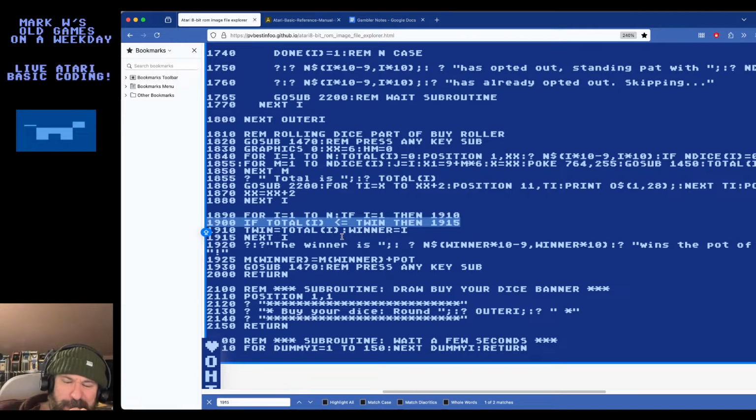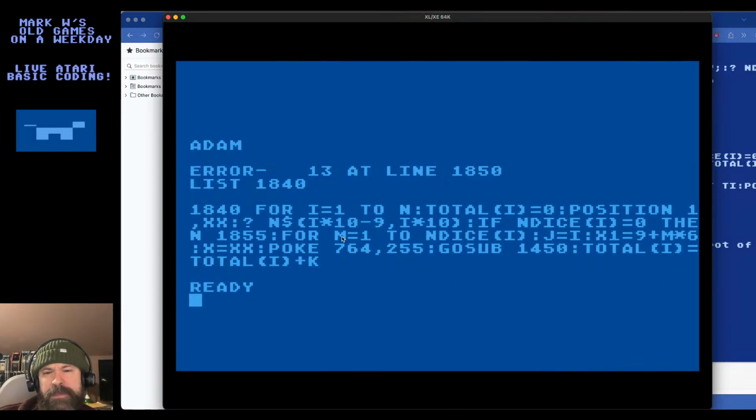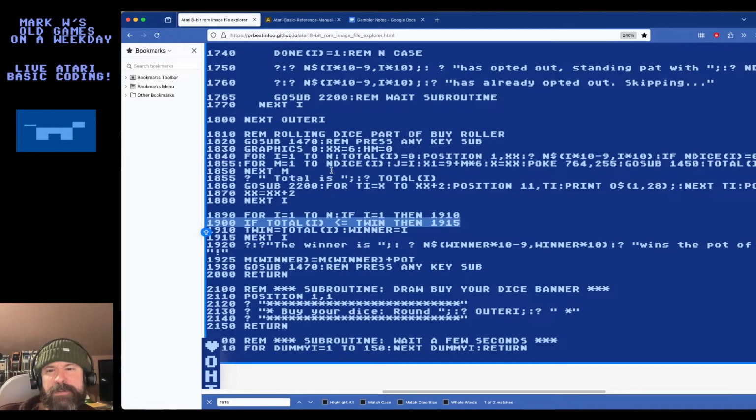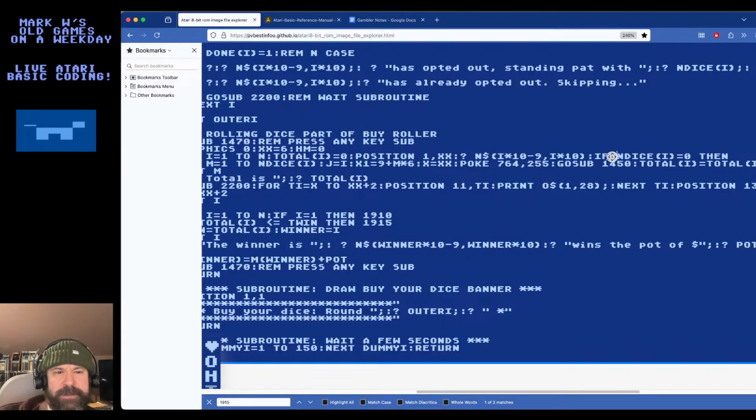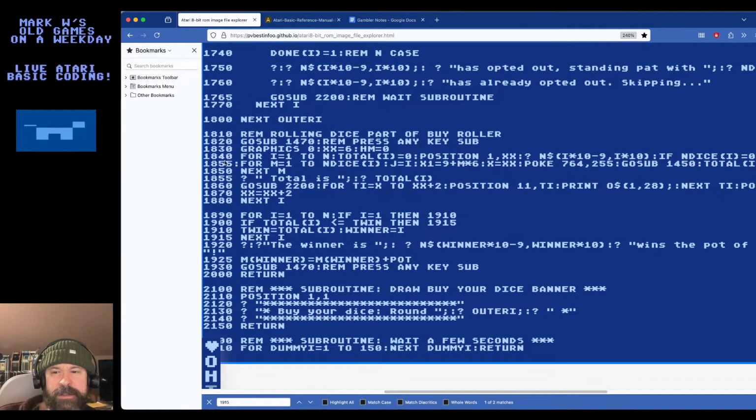Yeah, I don't know. It was right when Adam was printed, so the very first thing that happened, Adam is the very first player. It got to this point. Yeah, it seems like this if is somehow faulty. If n dice equals 0, then 1855. But 1855 is not a next M.